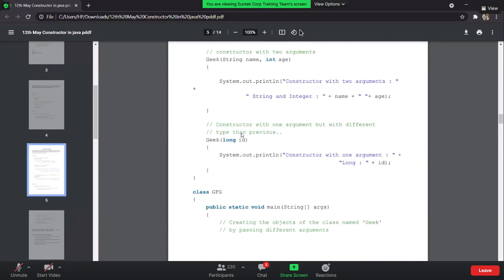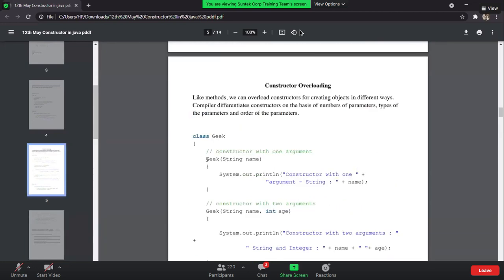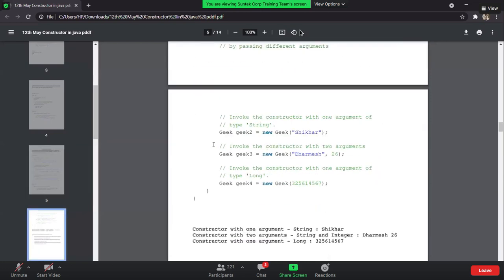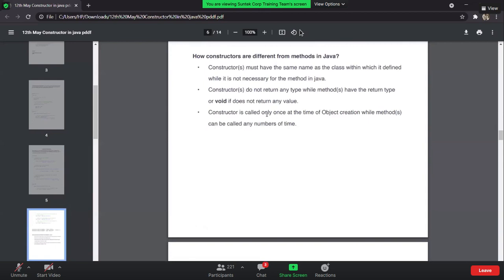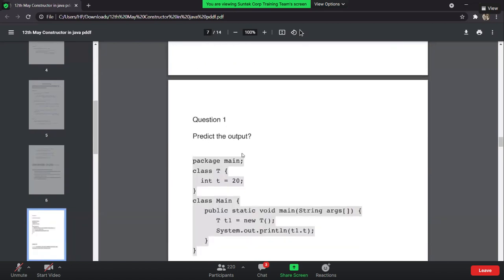If we carefully see, we are not defining the return type here, and actually we don't have to. That's a property of a constructor. A constructor is called only once at the time of object creation, while a method can be called any number of times. So the constructor will get invoked automatically whenever you create an object.